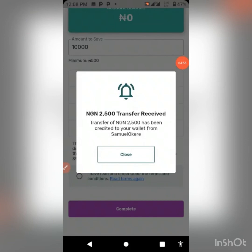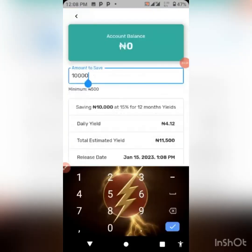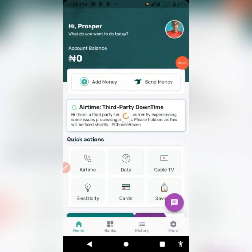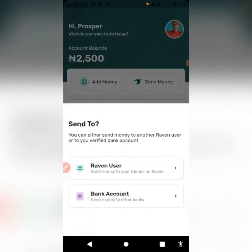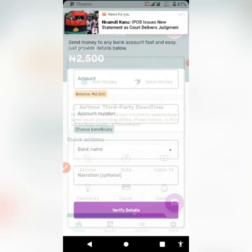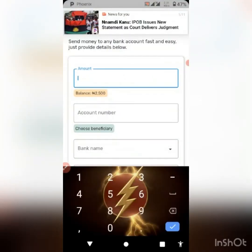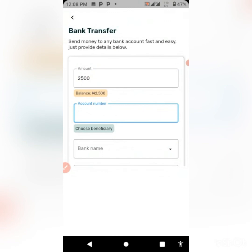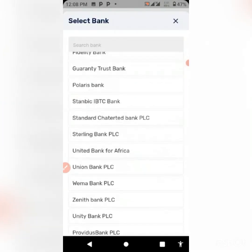Okay, as you can see, it has arrived. 5 minutes max. Just refresh. All right. So now to send it to our bank, depending on the bank you want to use, send money, bank account, put the amount 2,500, put the account number, sorry, bank name. So